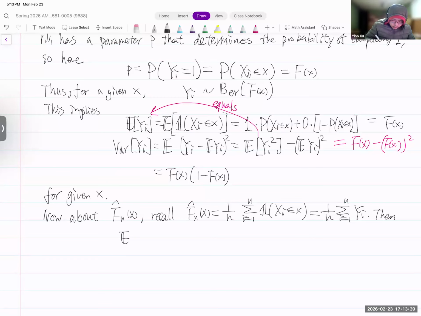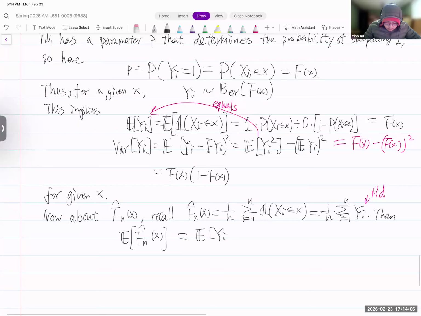Then we know actually for this kind of IID, okay, so these are IID, independent and identically distributed. So here, this sample average is unbiased. Okay, so this equals the expectation of yi, which is the same from above,